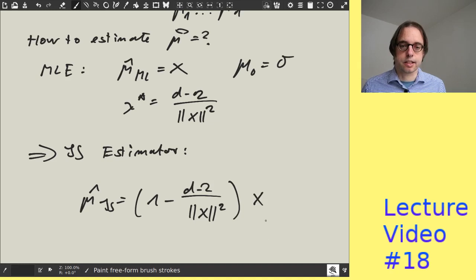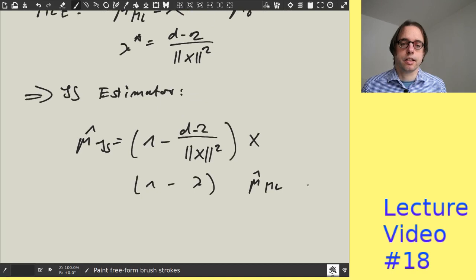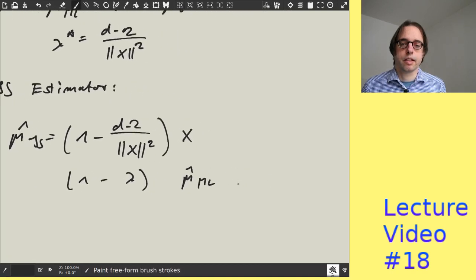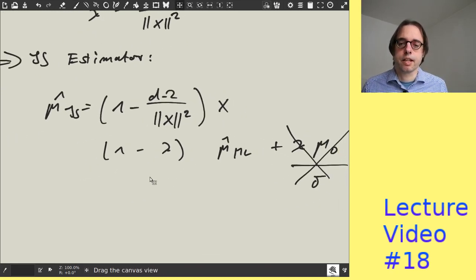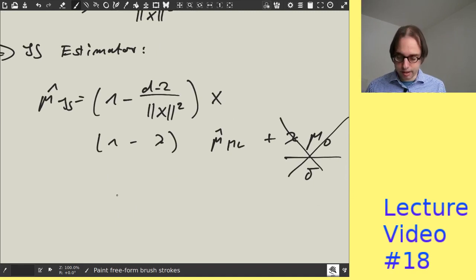So this is mu hat ML times 1 minus lambda, and because we would also have lambda times mu naught, but mu naught is 0, we just remove this part. But so this is the James-Stein estimator, and the key thing is that